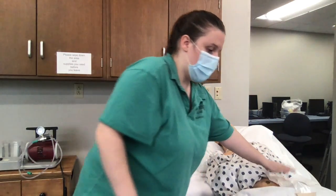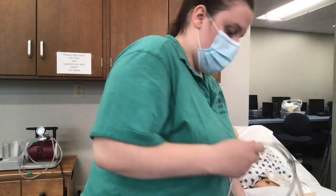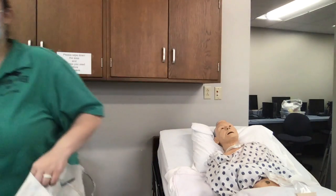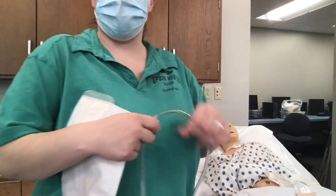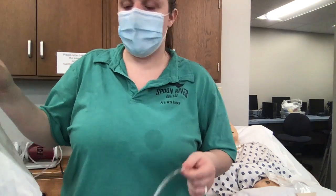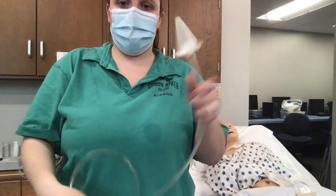clip on. I make sure that I have my solution bag. So I would fill my solution bag with irrigation fluid, and I want to make sure that I'm doing about 500 to 1,000 milliliters of warm tap water for that. And then I've got my cone at the end,